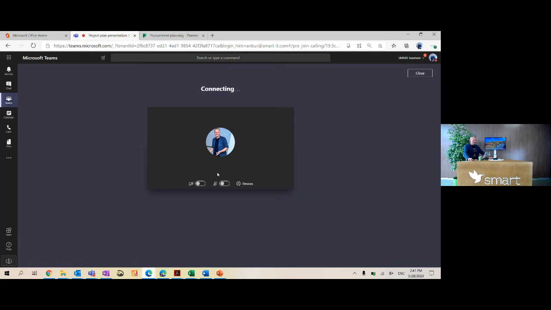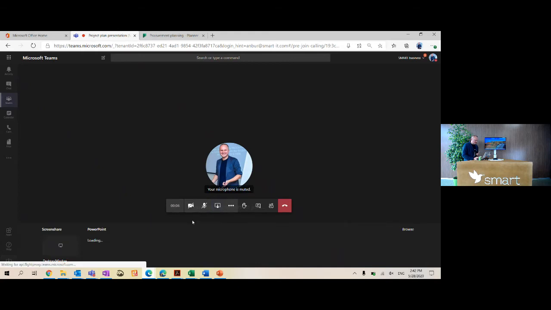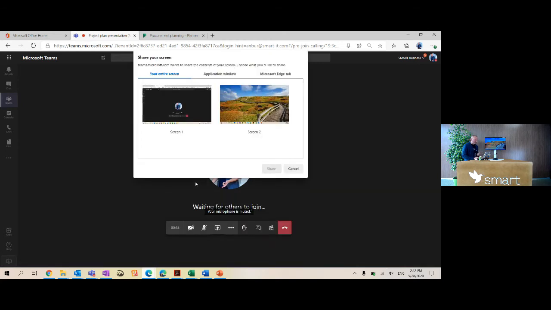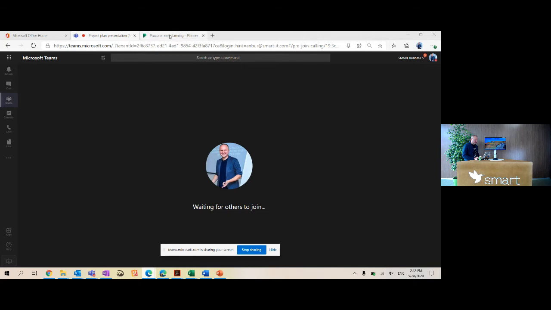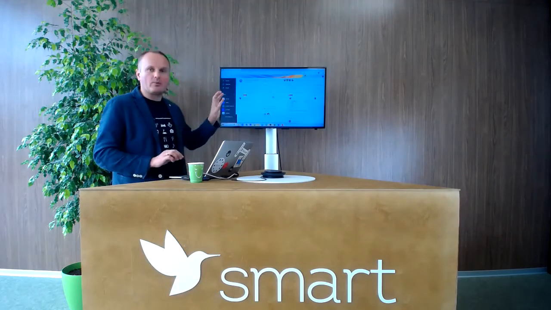Join the meeting. During the meeting, which is scheduled to present to the team the plan, I'm using share my screen. For example, I'm taking the desktop window, and I will show to the team my plan. So I will share screen 2. To show them, I will share it from the second screen. So the team members right now see what you see on my screen. So they see the plan, how it looks like,